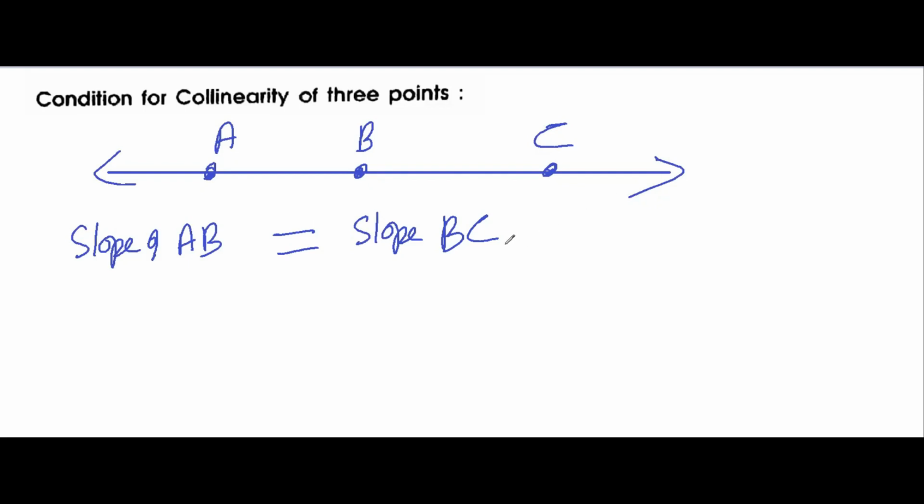Clear? Or you can even say that the slope of AB is equal to the slope of AC. This way also you can do. Either way, we can say that the points are collinear if the slopes are